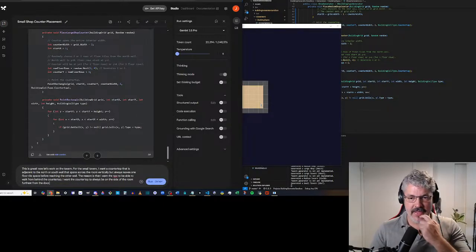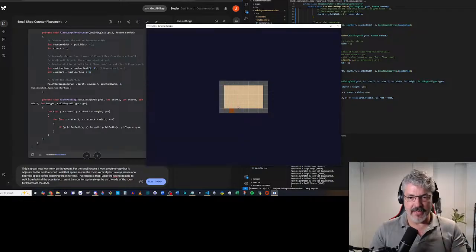The reason is that since the countertop can start on a south wall, I don't want it to be on the door. So if the door's over on this side, then the countertop will always be on the opposite side. Plus, when the player comes in, they can pass through the open space and then walk through to the bar. I just feel like that's more inviting, and I can always change my mind later. It's not that big of a deal.